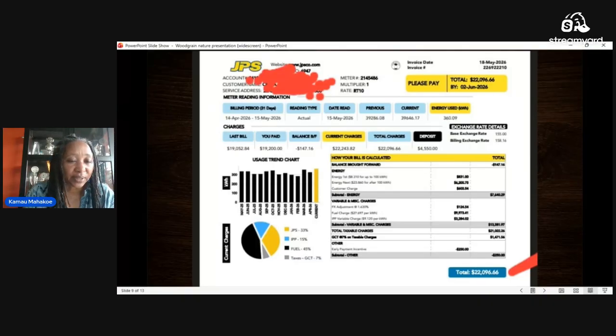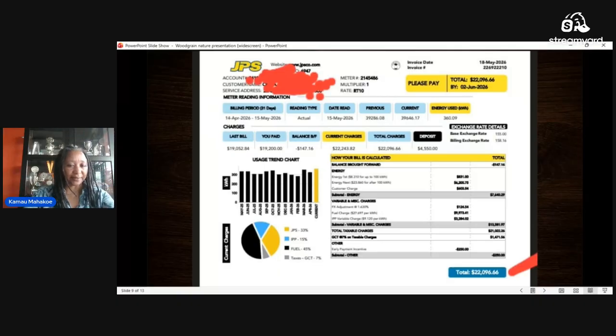Almost half of the money, 45%, goes to fuel. So that's why when the gas price rises, the light bill will rise. JPS can't really control that part. We don't have oil here in Jamaica. We have to import oil,